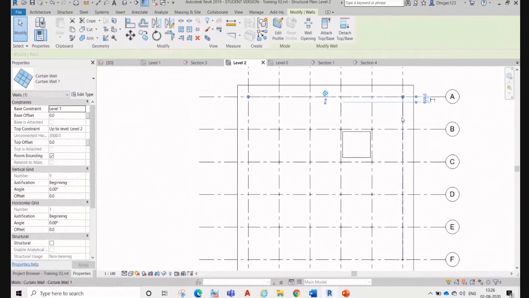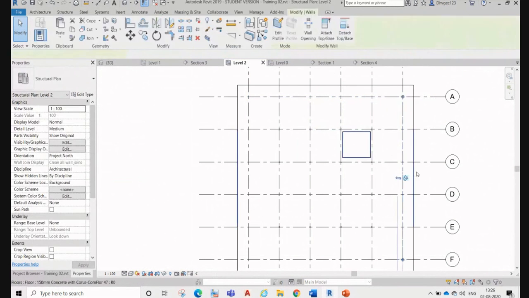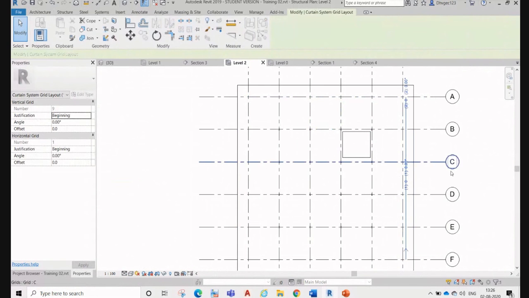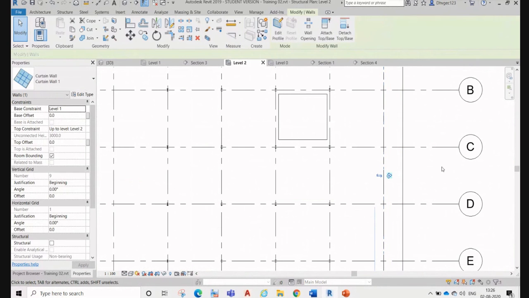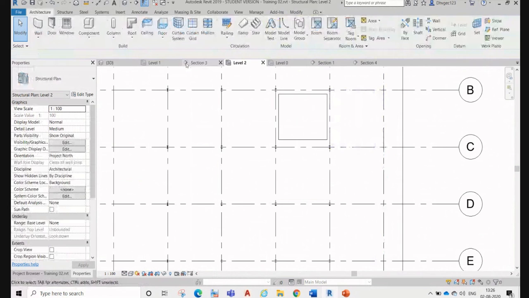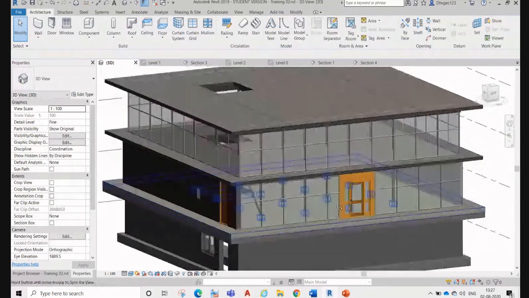Okay, so this is our curtain wall. I think the curtain wall doesn't give any presentation. Okay, so here you can see the curtain wall now.